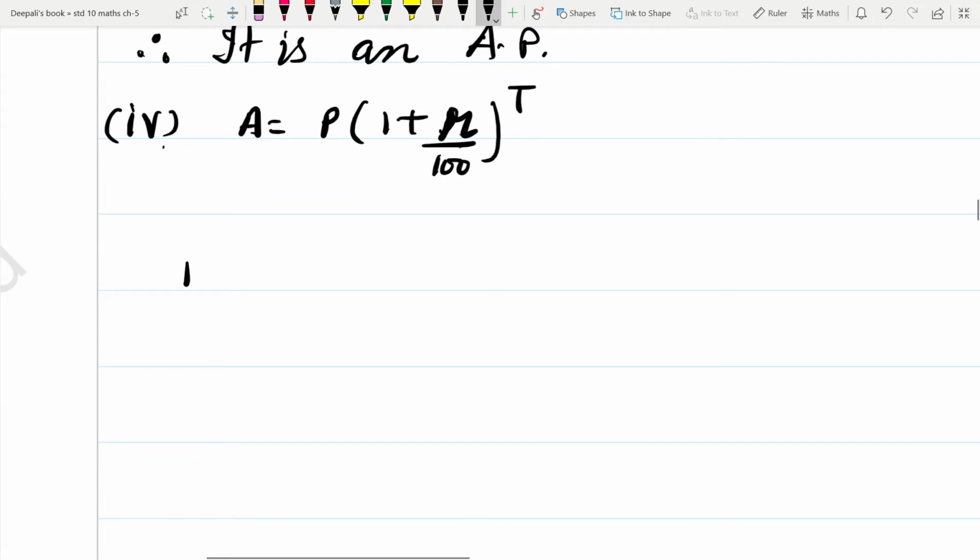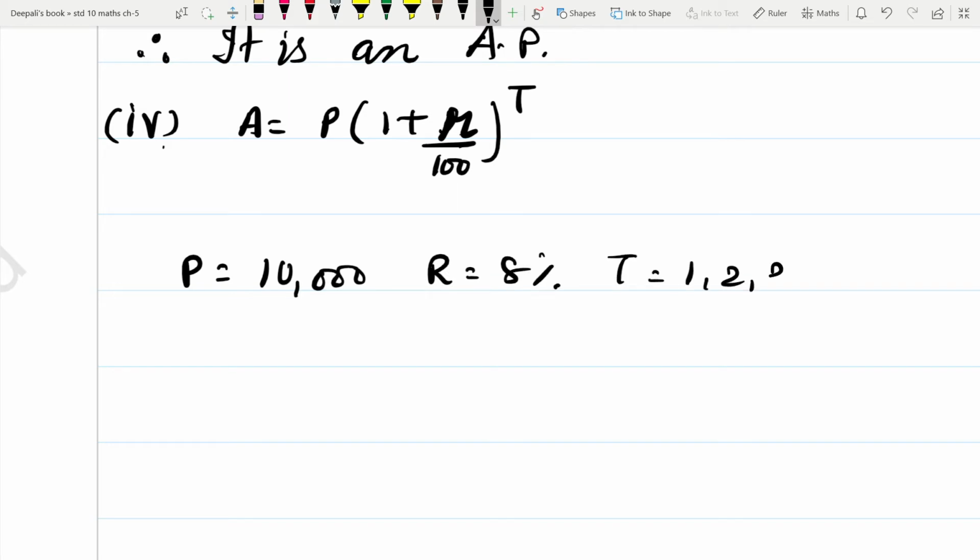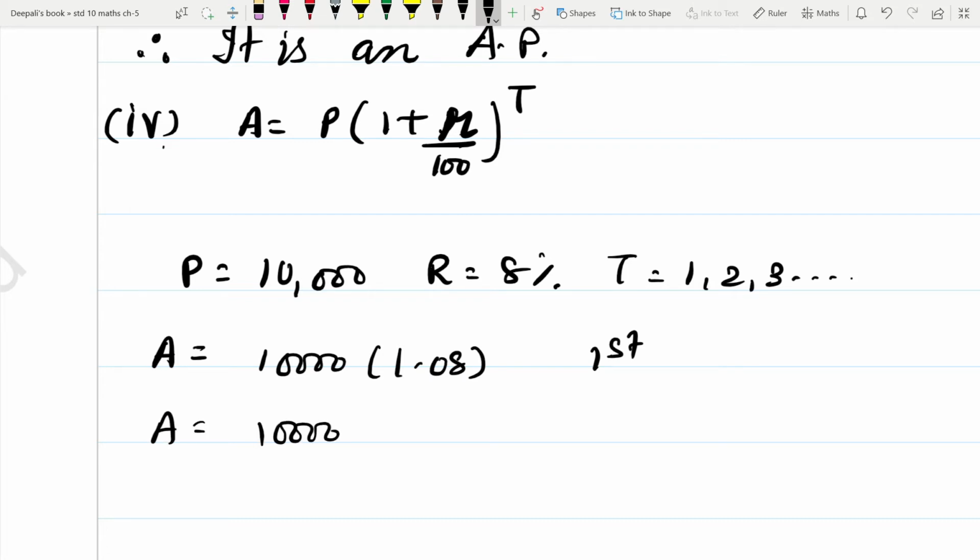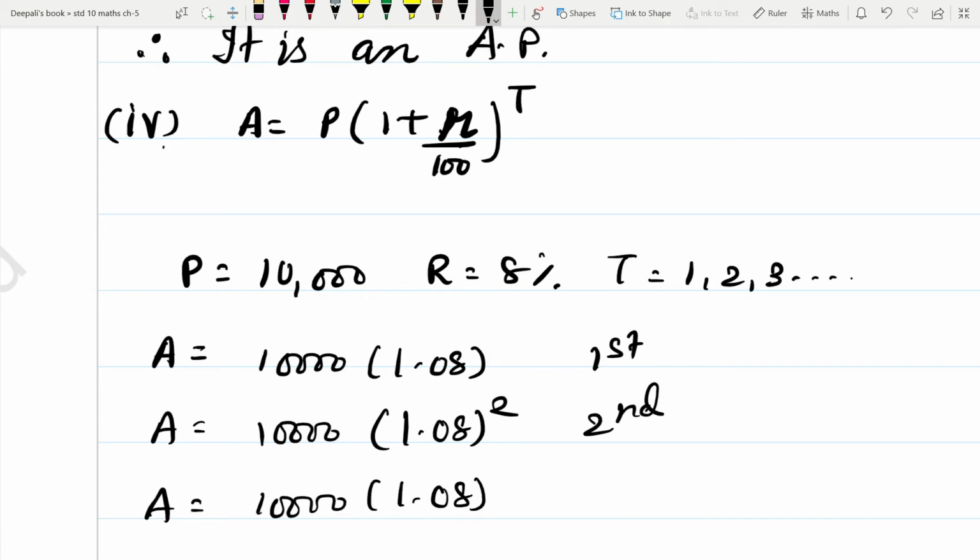Now, if I take P is equal to 10,000, R is equal to 8%, T is equal to 1, 2, 3 and so on. And if I put the values in the formula, then I will get A is equal to 10,000 into 1.08 for first year, A is equal to 10,000 into 1.08 square for second year, and A is equal to 10,000 into 1.08 cubed for third year